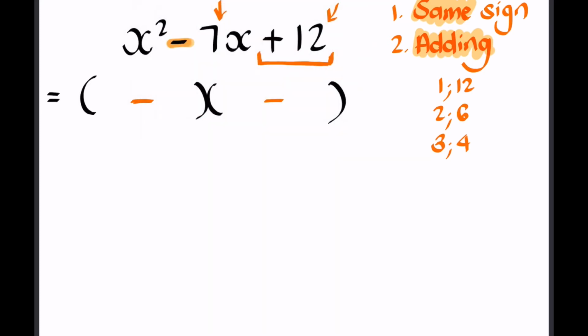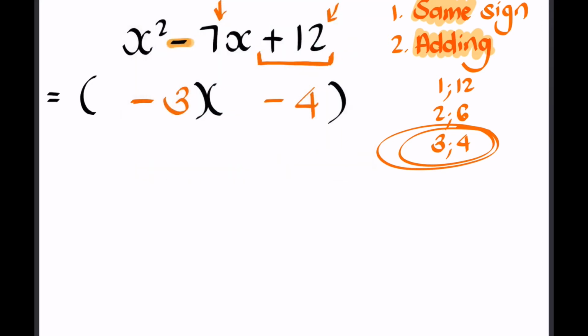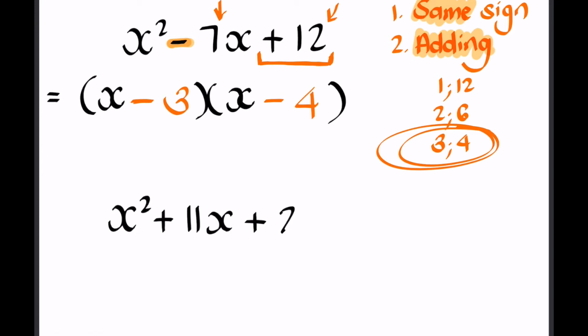Now, which set of those factors, 1 and 12, 2 and 6, or 3 and 4, when added together give me 7? That's 3 and 4. So 3 and 4 will go into each of my brackets, and then I factorize the x squared as x and x. If I have x squared plus 11x plus 24,